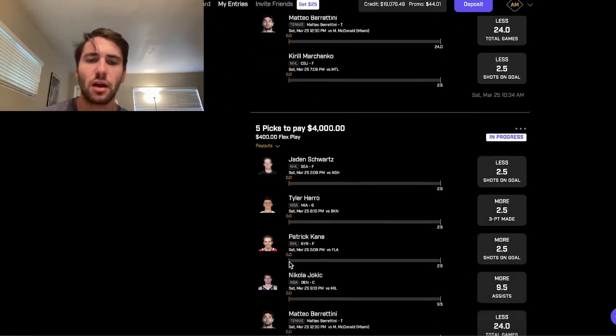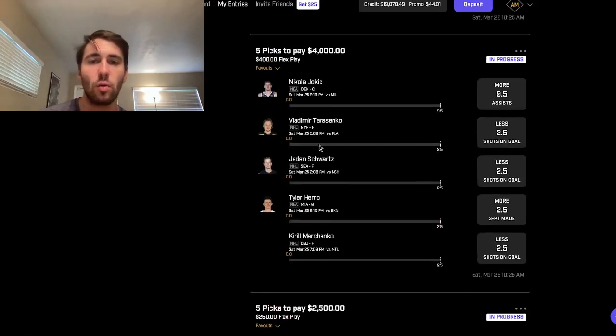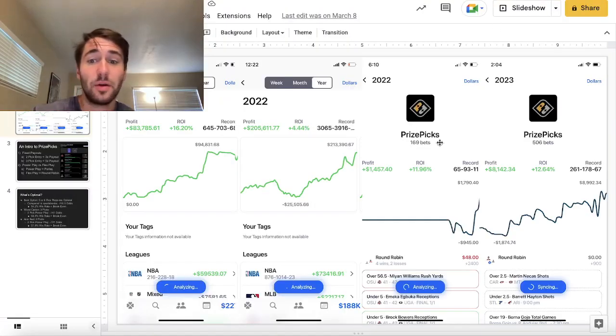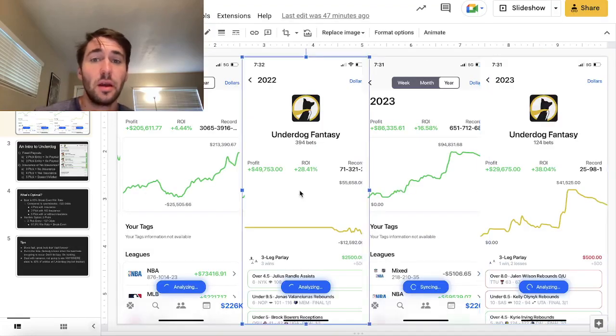And then I have some different combinations of these things in 5 flexes as well. So 1 5 flex, 2 5 flex, 3 5 flex, and then a 6 pick flex with all these picks, just to kind of break it up. And basically that's what I got for you guys. Bunch of picks. Again, all I'm doing is following a mathematical betting strategy on PrizePicks, on Underdog, and let's make money.